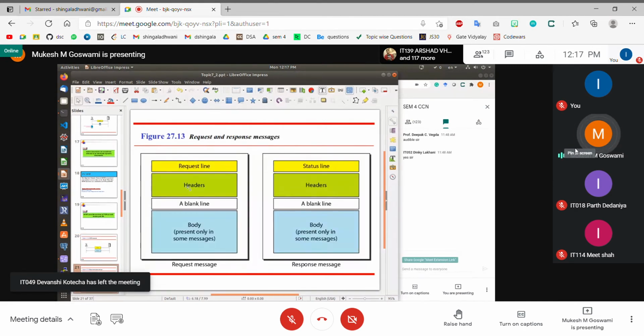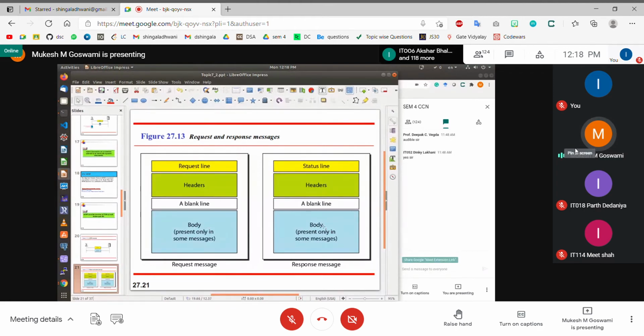So what are the parts of the HTTP request and HTTP response? An HTTP request has a request line, then HTTP headers, then a blank line, and then the body of the HTTP request, right? This is actually a text document. What is inside it? The text document is divided line by line. The first line is the request line. The next few lines are called headers, then there is a blank line, and then we have the body of this HTTP request message.